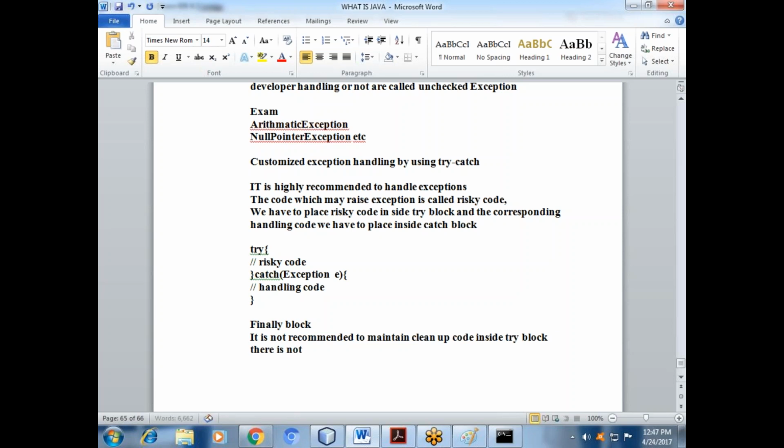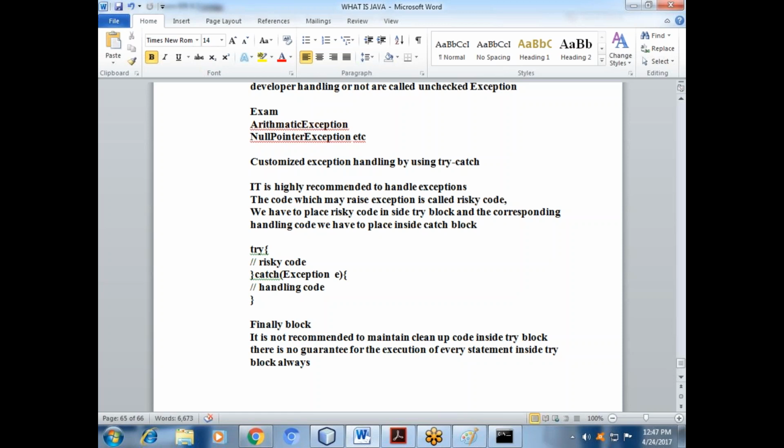There is no guarantee for the execution of every statement inside the try block always. Okay. So did you get this kind of input?